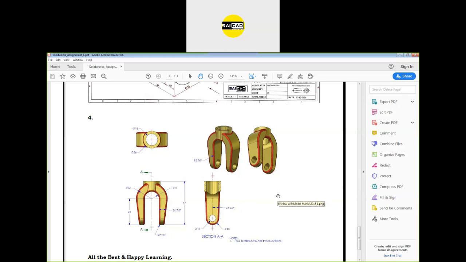The last question. Yeah, this one, sir. Okay, have you tried it? How can we create this? Yes, sir, I have tried. I have used the loft command. This option will be created with the help of simple extrude, extrude and extrude cut, nothing else.